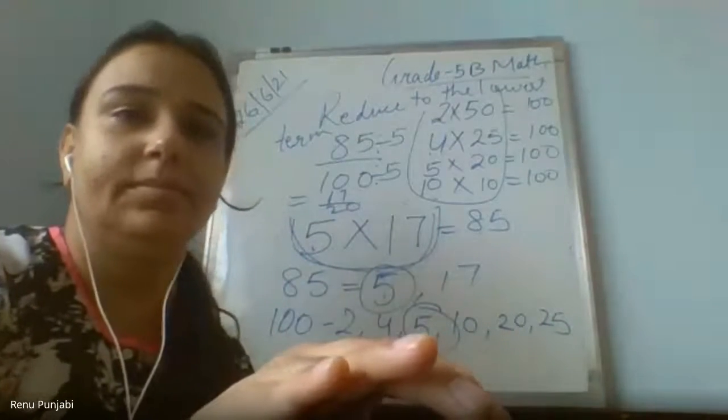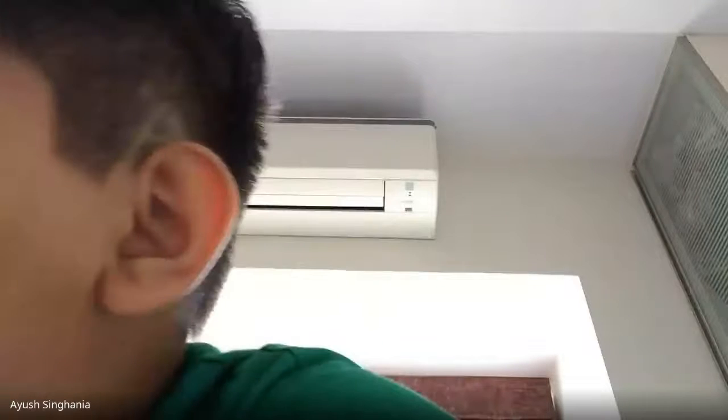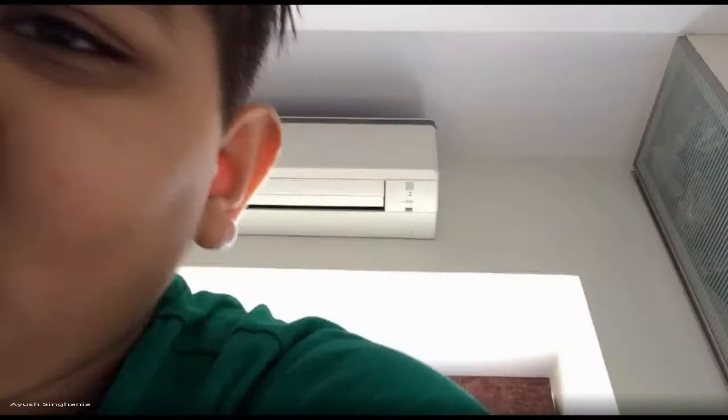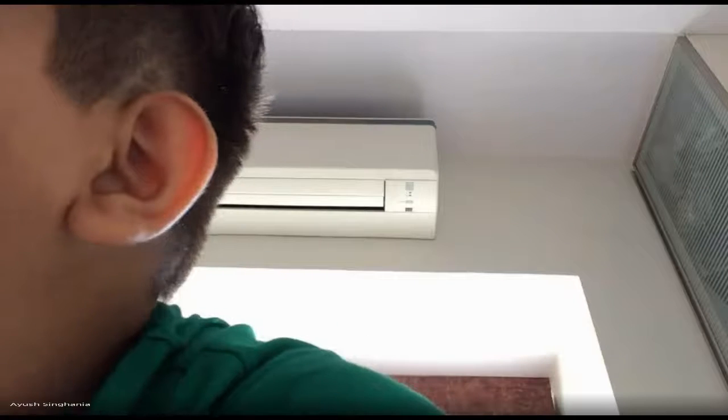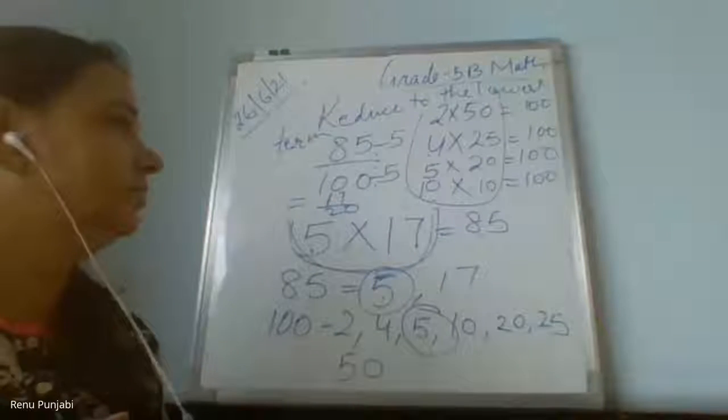Yes, Ayush, please continue. So after dividing from 1 to 10, we have to take a U-turn. First we will write all the factors that we divided from 1 to 10. We will also write how many times it divided, like if 4 was for 100, we will also write how many times, everything.